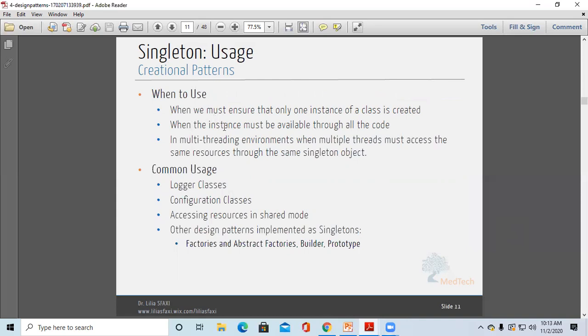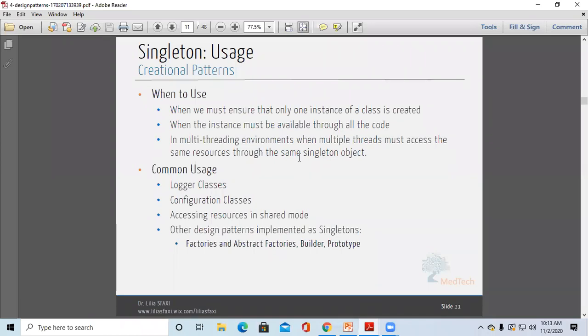Then when the instance must be available through all the code, whenever that instance or that object is available throughout the program, at that time we can use that singleton pattern. Then in multi-threading environments we can use it where multiple threads must access the same resources through the same singleton object.